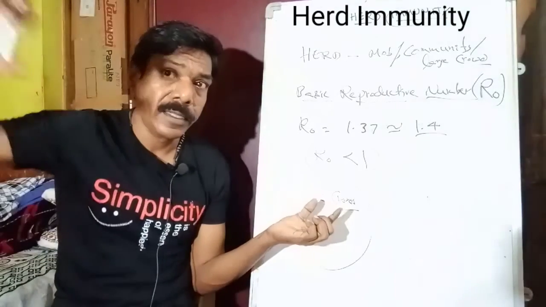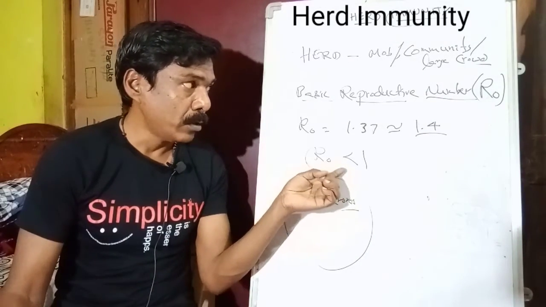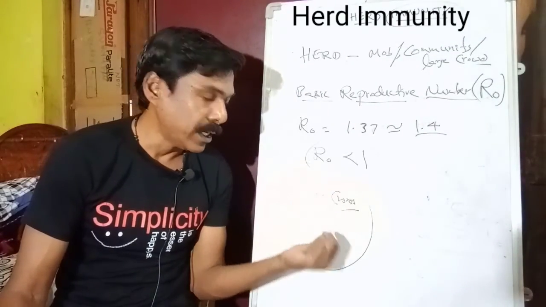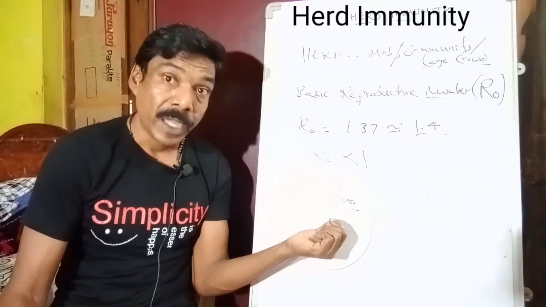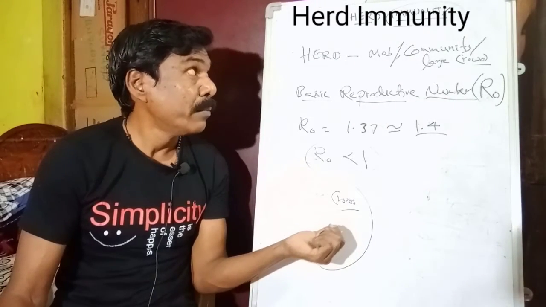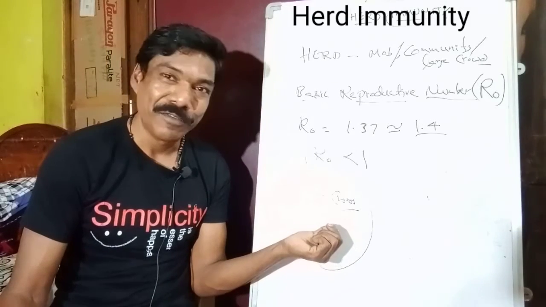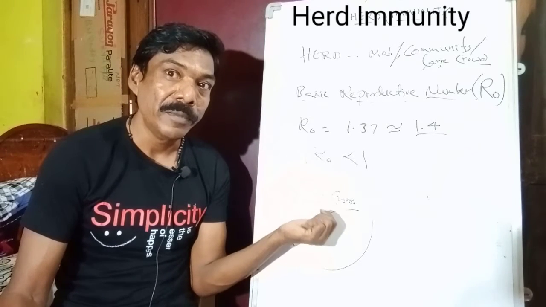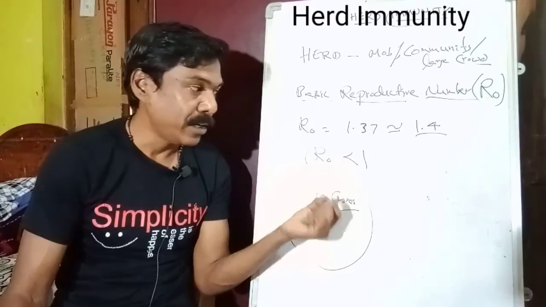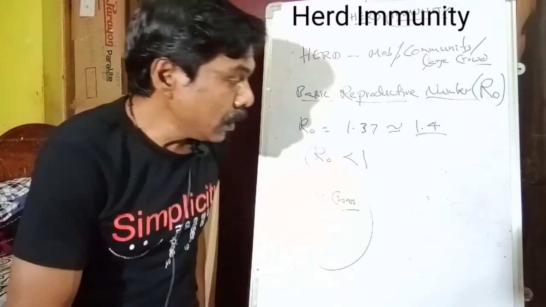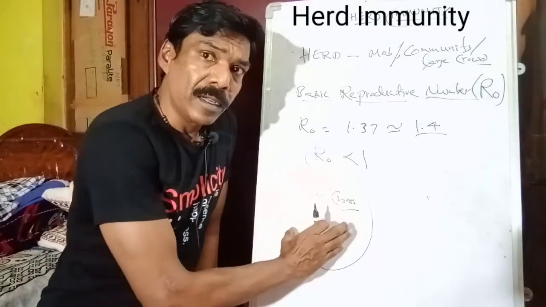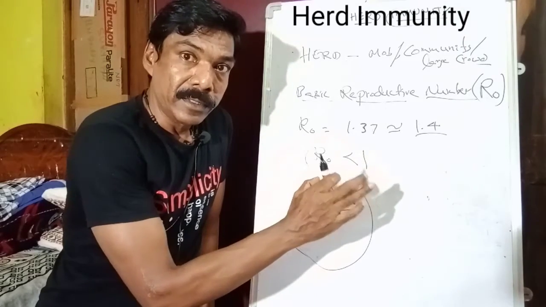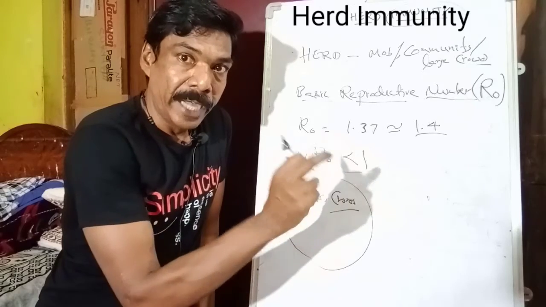It is increasing. Now to bring it down, to make the whole community of this 140 crores of people become immune, that means they become herd immune. In order for this community to achieve herd immunity, how many people have to become immune to this particular disease? So let us try to calculate that. Now some percentage of these people should receive the adaptive immunity. I told you before, adaptive immunity has to be there,